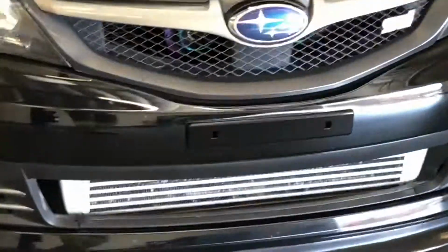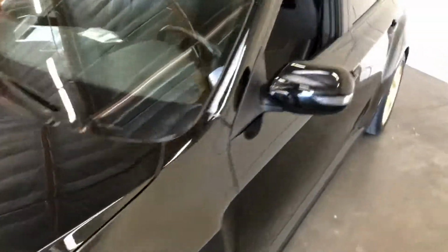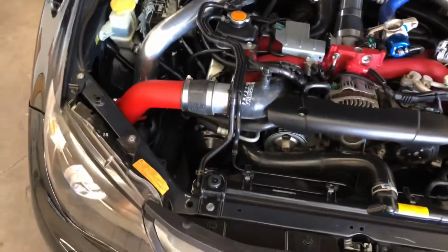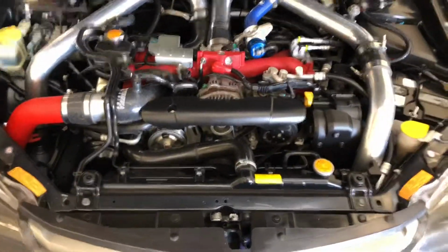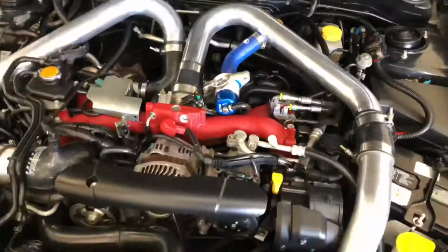We got these nice neochrome Hella horns. Actually, I'm not sure what brand they are, but they look cool. Turn that off. Let's go make a visit to the engine bay. Everything's nice and clean. Got the front mount intercooler piping, and we have our nice little Turbosmart blow-off valve that makes nice turbo noises. Down here and yonder, we have the Tomei unequal length